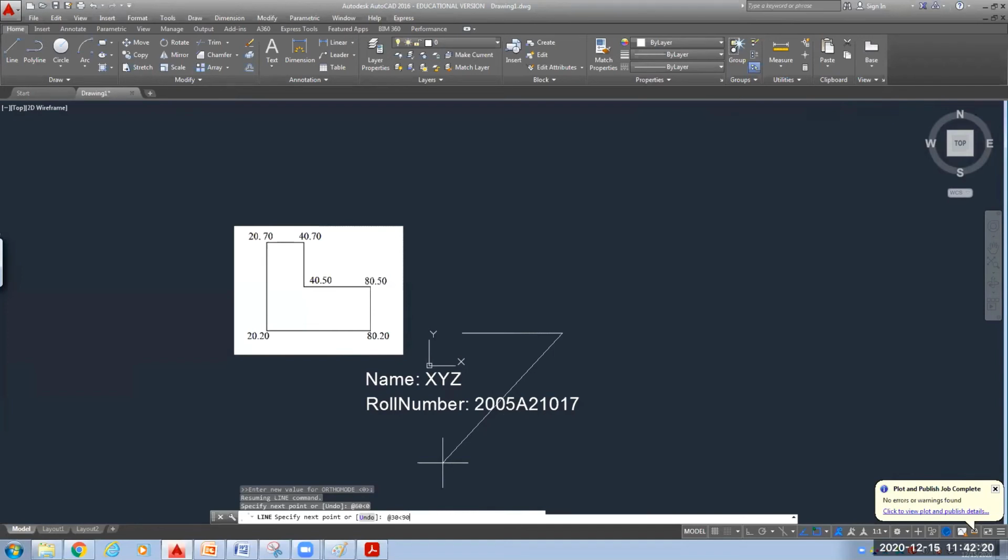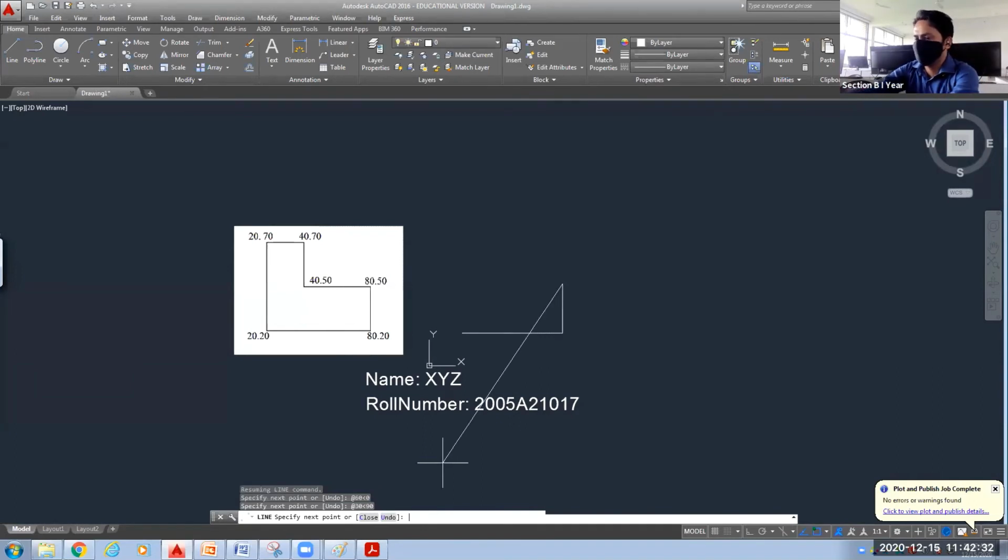So you can see in the command line, I have written at the rate 30 less than 90. Less than is representing your angle. Okay. So press enter. Now next, at the rate 40 less than 180. Angle 180, because we are bothering about length, and the angle is 180.